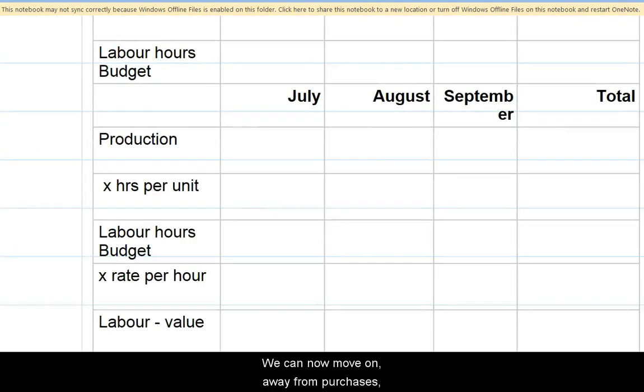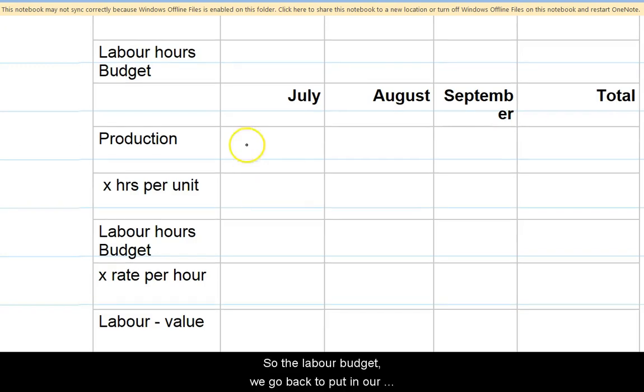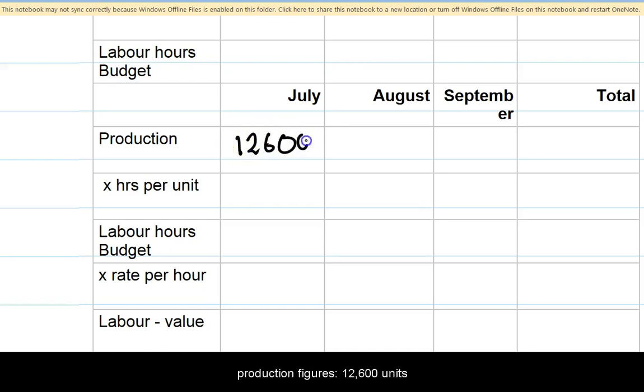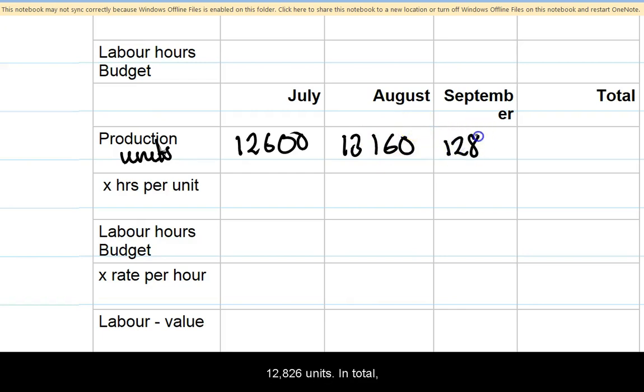We can now move on away from purchases and look at the labour budget. So for the labour budget, we go back to put in our production figures. 12,600 units. Right back to the beginning. 13,160 units. 12,826 units in total, just as we had right back in the beginning in our production budgets,